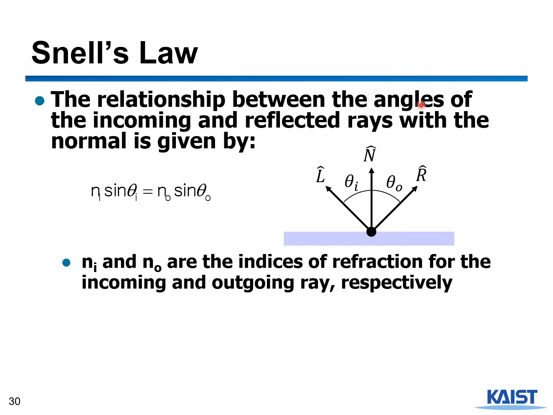So basically, this is the incoming light direction, and given the incoming direction, this is the outgoing direction. The relation between the incoming and reflected ray with the surface normal is given by Snell's law. Here Ni, No are constants, the indices of refraction